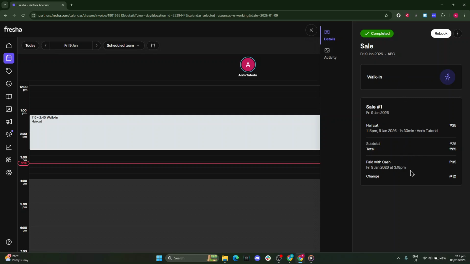Always verify the service total before you start the payment, confirm the cash amount with the client, and avoid navigating away